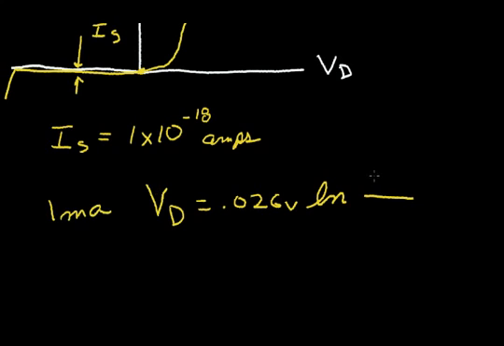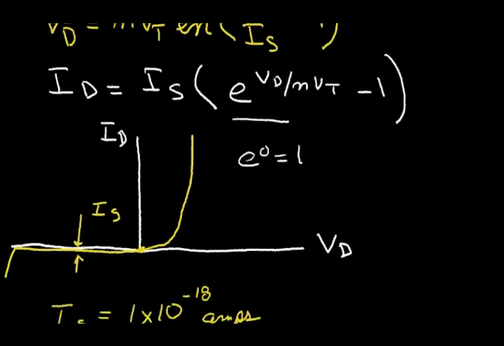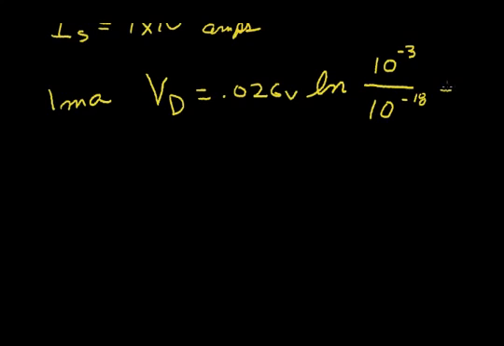So our diode current in this case will be 10 to the minus 3 amps, which will be a milliamp. And let's assume the same saturation current of this small diode, which will be 10 to the minus 18th amps. And we have a plus 1 term, don't we? Yeah, we have a plus 1 term. That's pretty negligible, but let's include it here. So if we compute the value of this, we'll get a voltage of 0.898